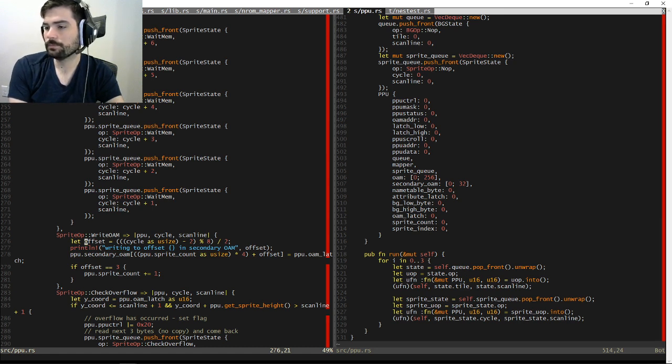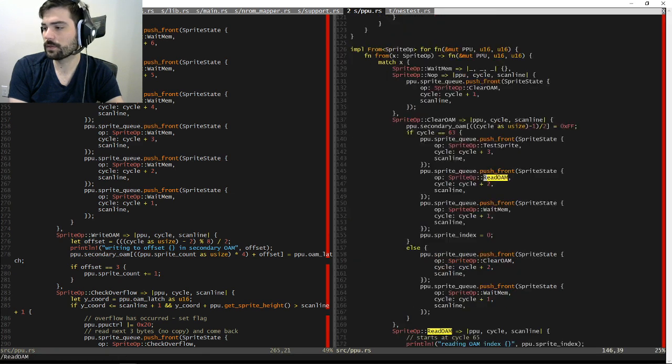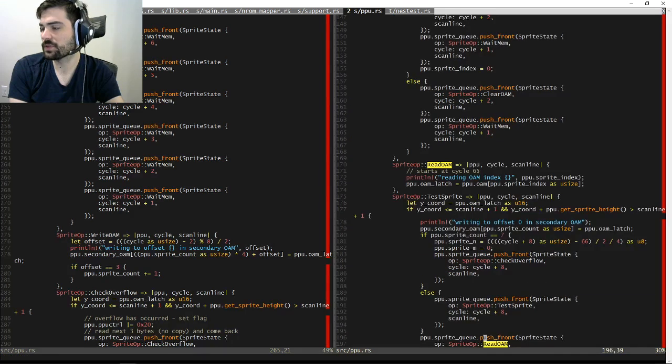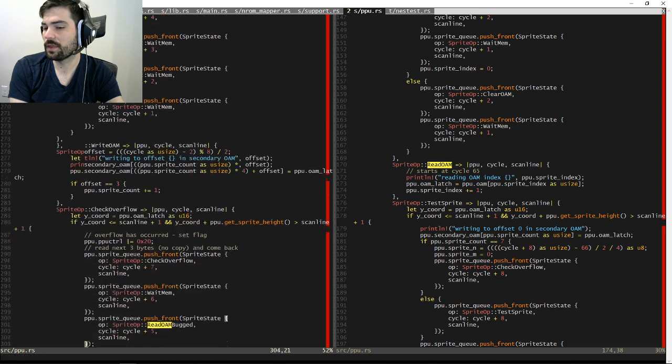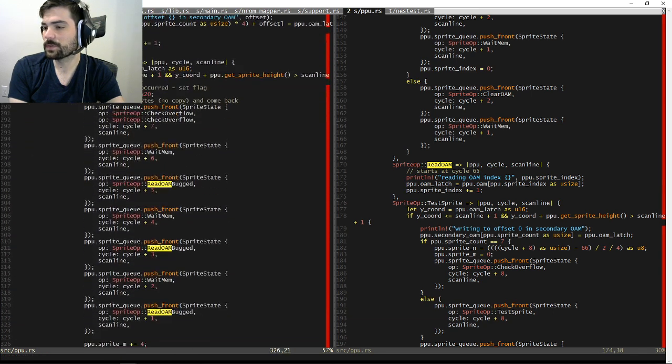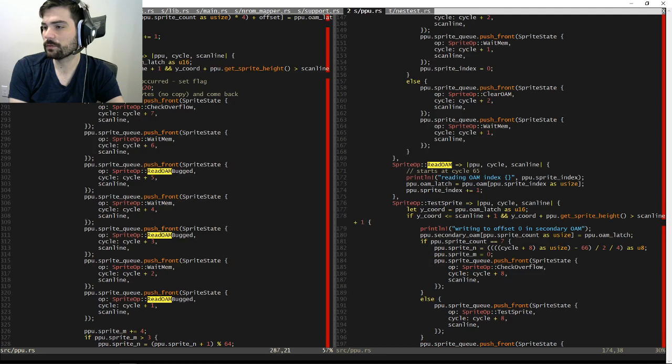I guess it's only in read OAM, right? We're just going to bump this every single time. CPU.spriteIndex plus equal 1. And that's easy enough. But then, once we get into test overflow,